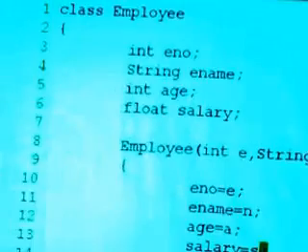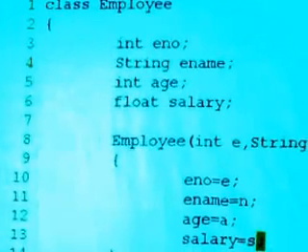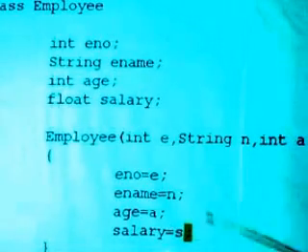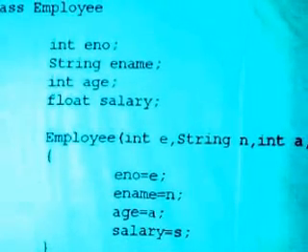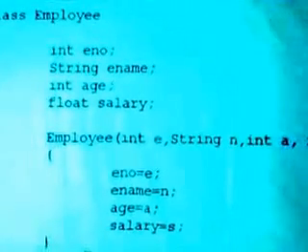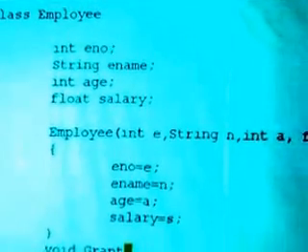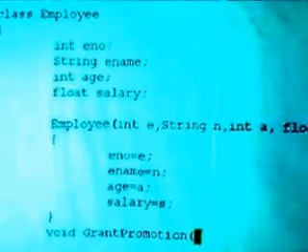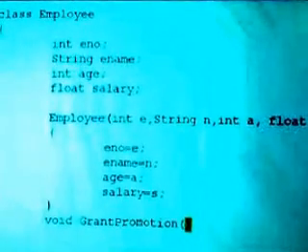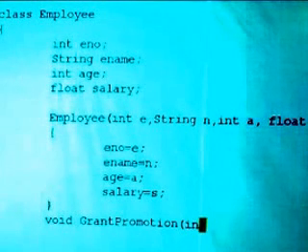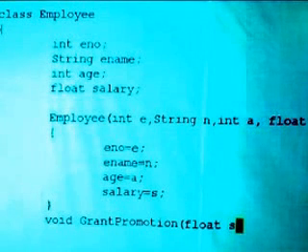Now before we go on further, let's add a couple of methods to this class. One is called give a promotion. So let's say void grant promotion, and let's make grant promotion have an increment in salary accompanying it. So we'll say a float parameter called increment.